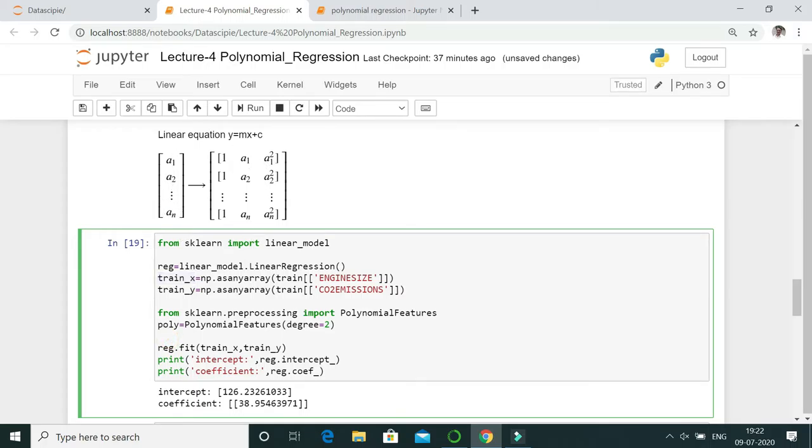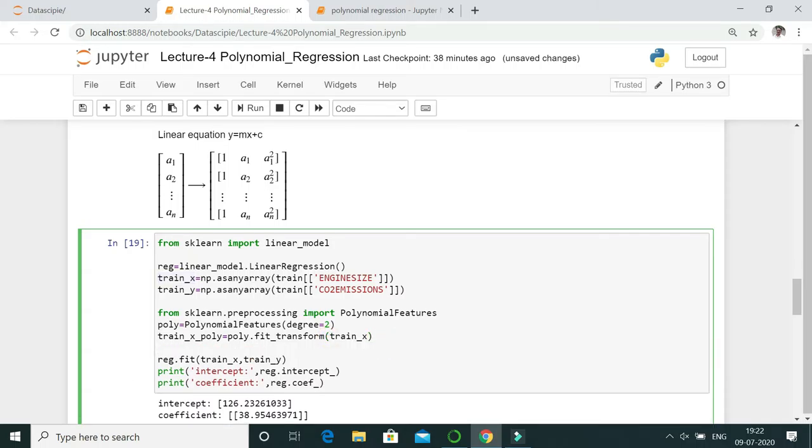Now we have to change our independent variable from vector to matrix. So we would create a new data frame as train_x_poly is equal to poly.fit_transform. In this we have to transform train_x, so copy it, paste it over here.